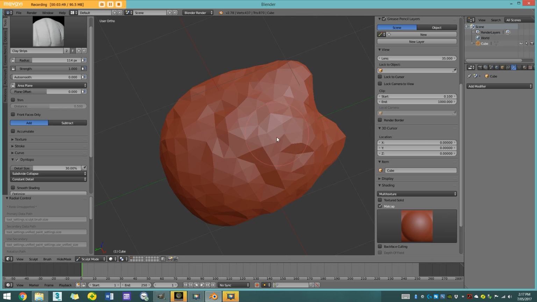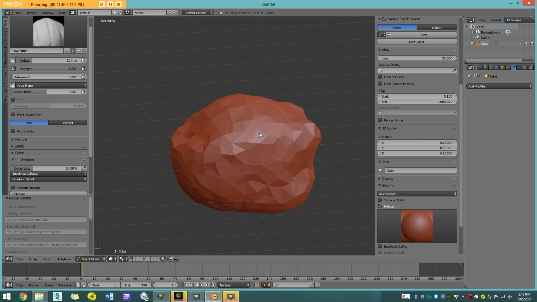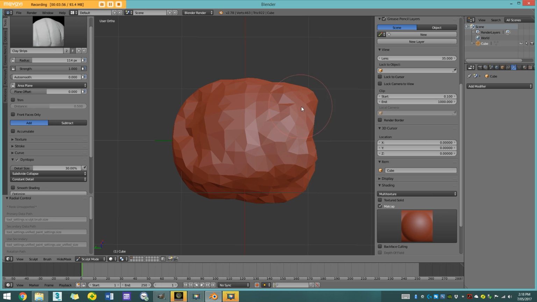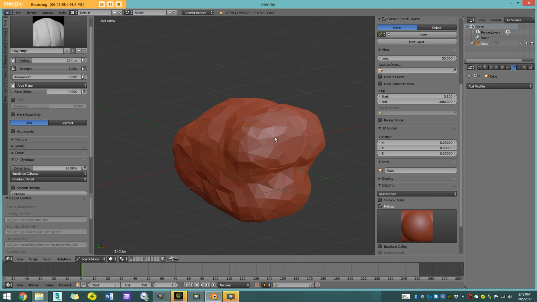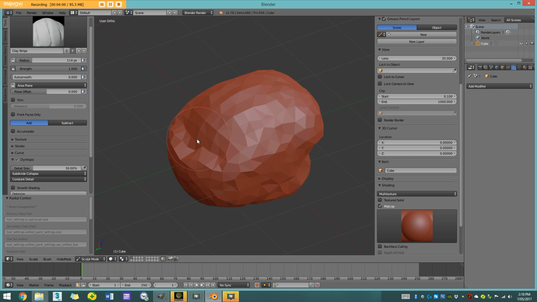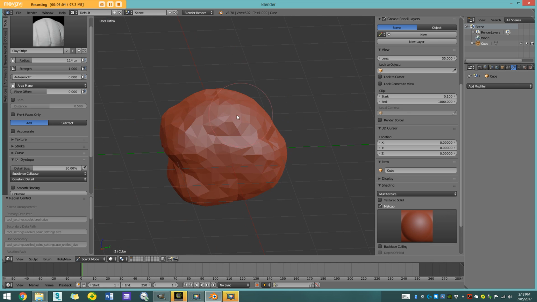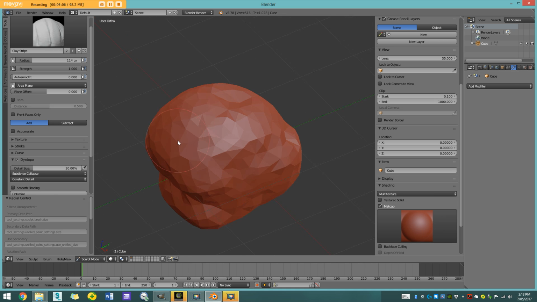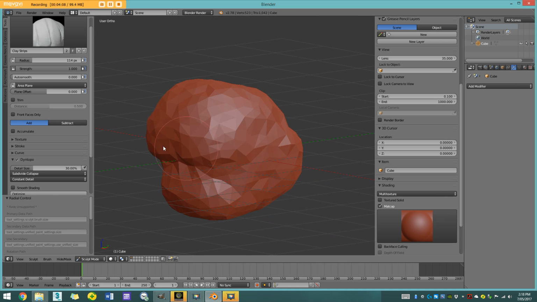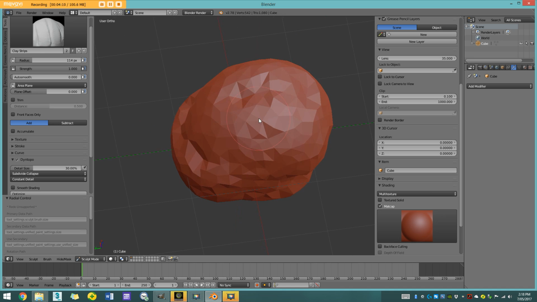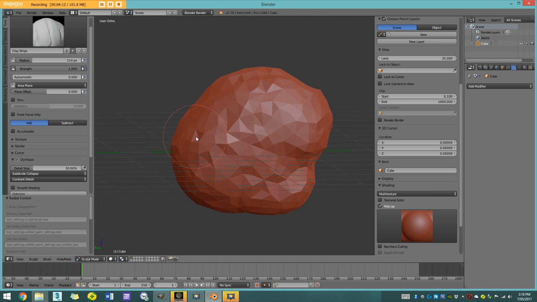For example, I could come down here, start adding the neck, okay? I can come here, start adding the top of the head, back of the head here, and just laying out a rough shape. Now this is a really good practice to get into when you're sculpting, is to never start with details. We always start by